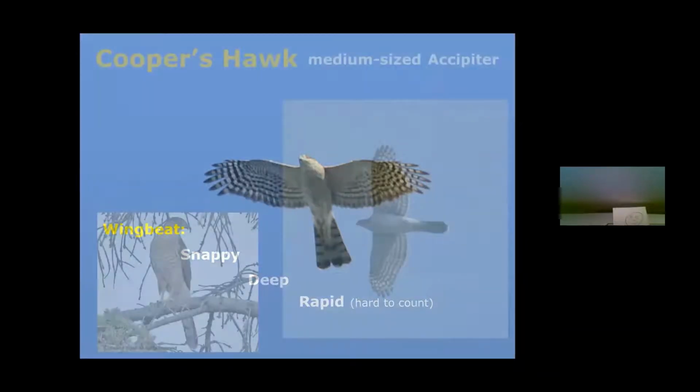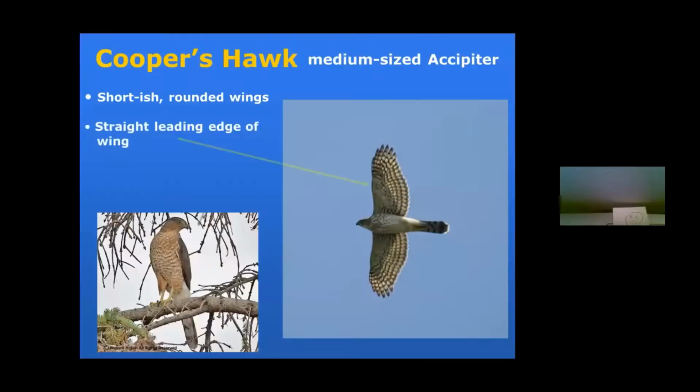Okay, its bigger cousin, the Cooper's hawk, a medium-sized accipiter, has the same characteristic, short, rounded wings. When it says rounded wings, it means around the feathers, around what we call the fingers of the primaries, P10, 9, 8, 7, 6. These are the primary feathers on the wing. They're the same characteristics between that and the Sharpie, but the difference would be, notice how it has pretty much